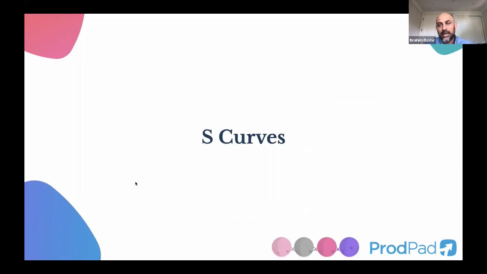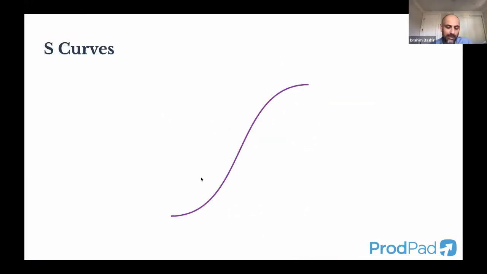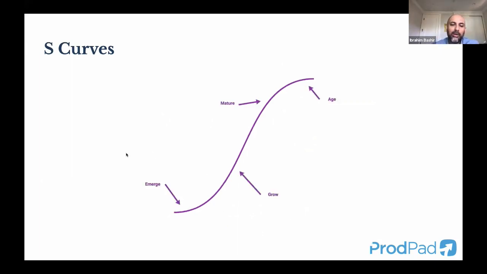So I'll switch gears yet again. And again, the KPIs and the flywheels will come back in a minute. The third concept I want to walk you all through is what we'll call S-curves. An S-curve is basically a way to think about the maturity journey of a product or a business or a company over time. It tends to look like this, which is why it's called an S-curve. What does this actually mean? Well, it means when your product is first coming out and it's emerging as a 0 to 1 area, you're doing a lot of manual things to try to get people to adopt and use and try your product and discover your product.